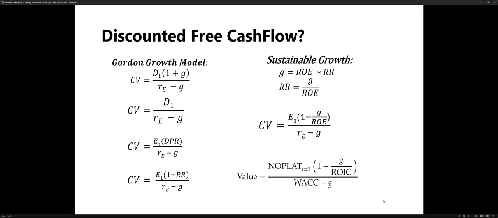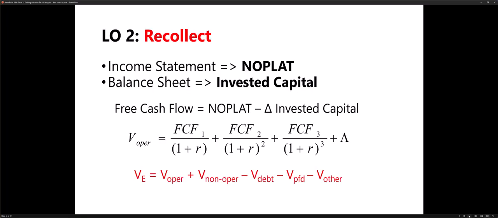All right, so we talked about the terminal rate, terminal value formula right there. To recollect, we talked about how to transform the income statement to NOPLAT, balance sheet to invested capital, basically changing from accounting performance to economic performance, and how to calculate free cash flow is basically taking the difference between NOPLAT and the change in invested capital, which reflects your